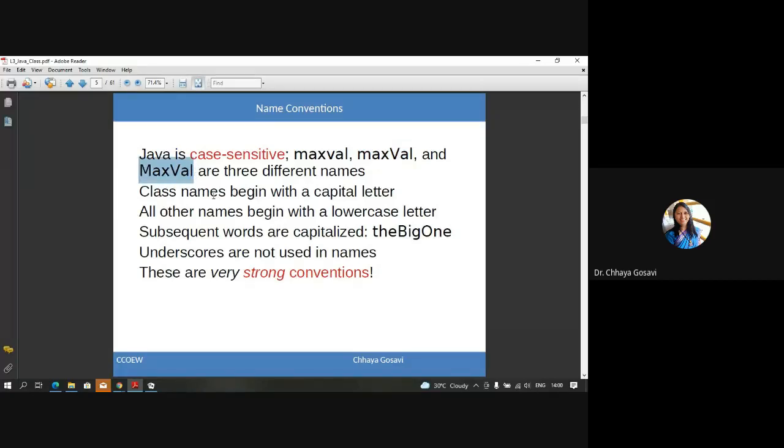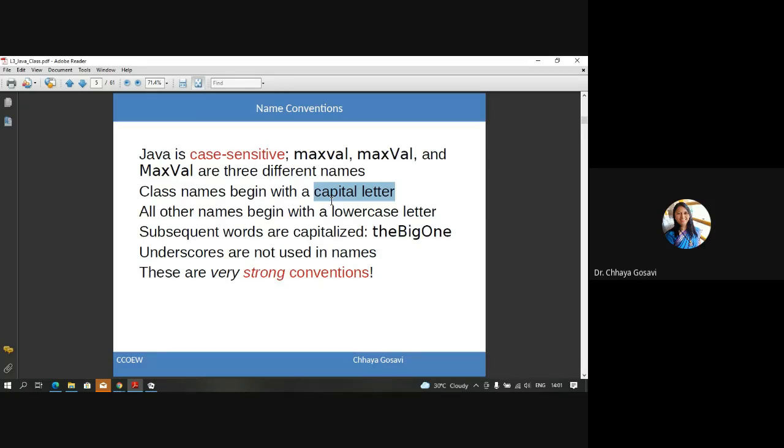Note that a class name must begin with a capital letter. This is a convention. Java won't give you any error if you use small case, but as a proper Java programmer, you should keep this in mind for all class names. Have you observed in main, String args, S is capital, or System.out.println, that S is capital?